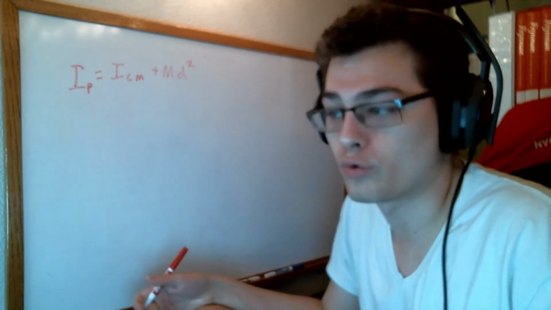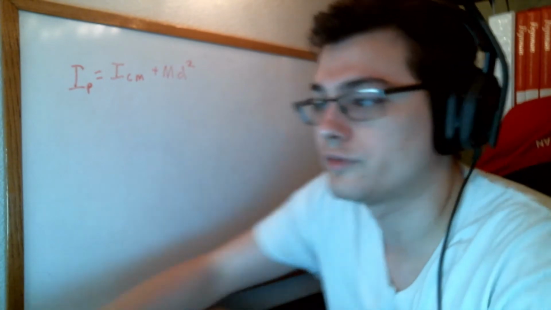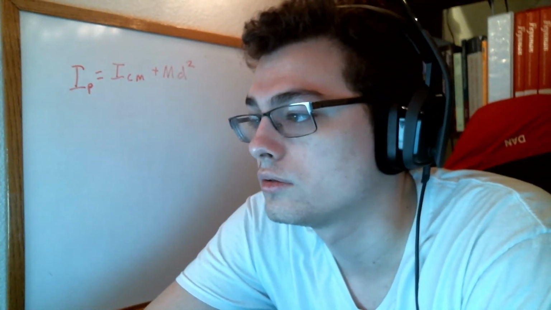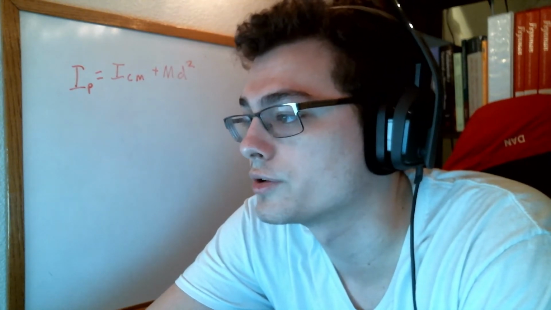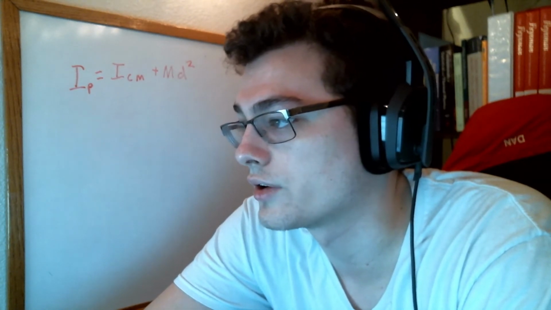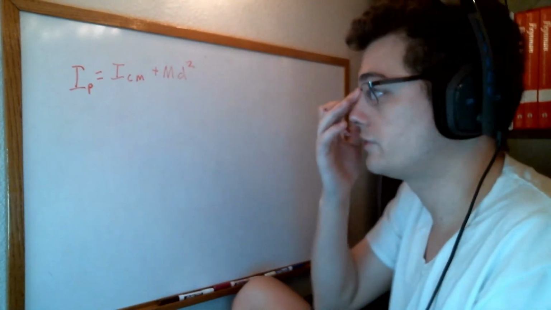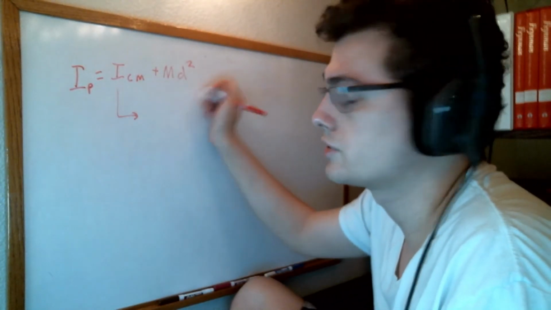So this is when you have two or more objects, and you have to find the overall moment of inertia of these objects together. In order to use this, we first have to define what ICM is going to be. So let's do that first. So ICM,